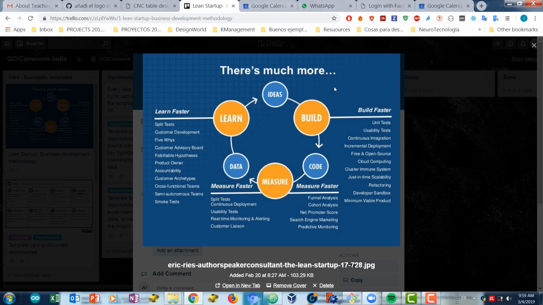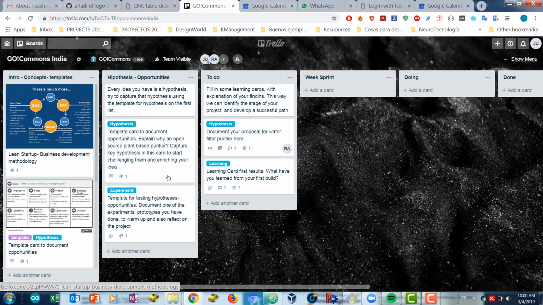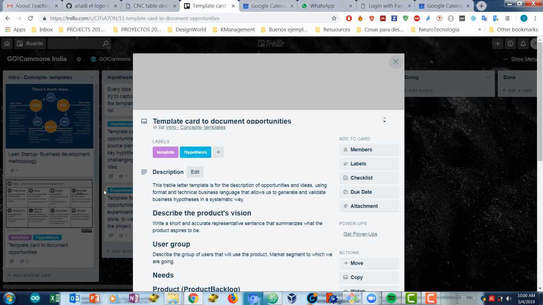So the goal of a startup, which is not necessarily a company, a startup is a group that wants to become a company, a successful, stable company, for instance. Before becoming a successful company, you want to learn fast if your idea is feasible or not, right? In that kind of thinking, you build ideas or hypotheses to learn if those hypotheses are true or not. So in that kind of thinking, what I did is that I created these templates to document